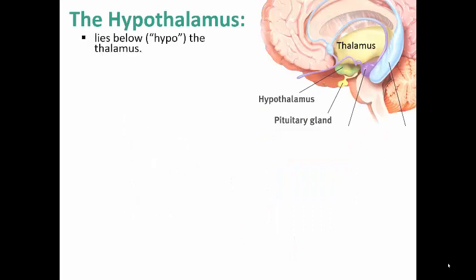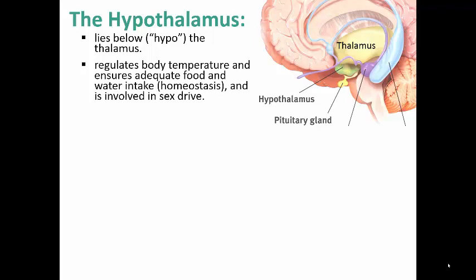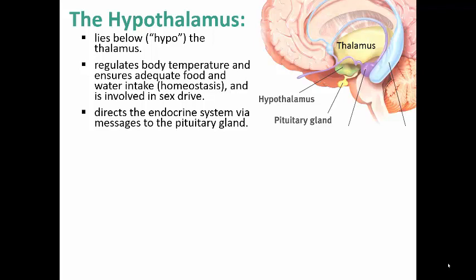The hypothalamus lies below the thalamus, and it regulates body temperature, and it ensures adequate food and water intake, homeostasis, so it tells you when you're thirsty and you're hungry, and it's involved as well in your sex drive. So people with imbalances in this area might eat too much or too little, and they also might have hyposexuality or hypersexuality, so too much or too little. It directs the endocrine or hormonal system via messages